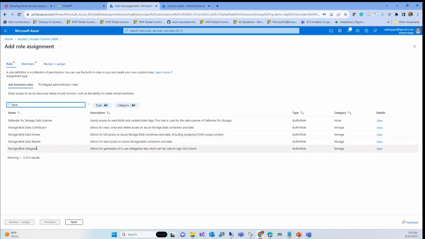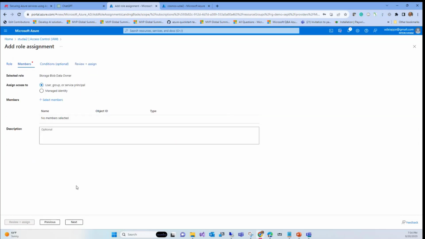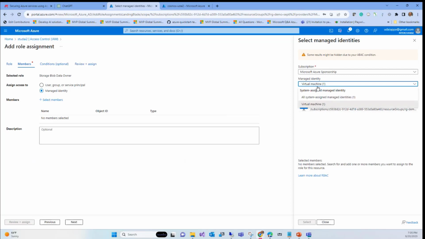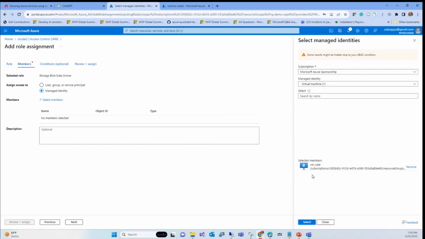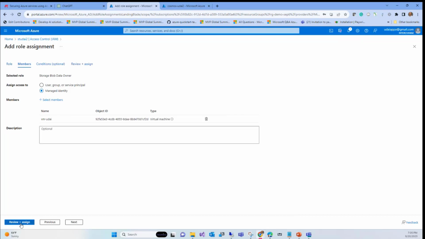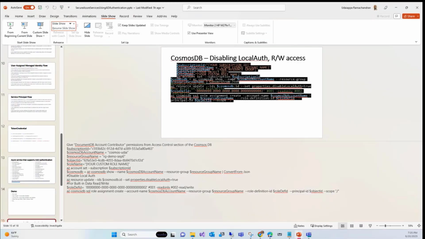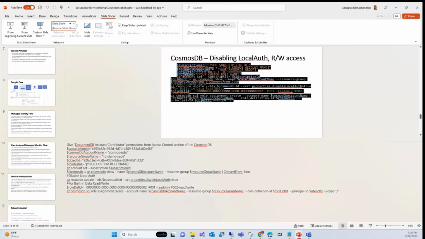Blob data, for example. And then it tells you managed identity. That managed identity, you're going to assign its permission. If it is a web app, you can select the web app, and then you complete it. How this access works, we already went through. I don't know how late you are, but there is a diagram here, which you can download right now.